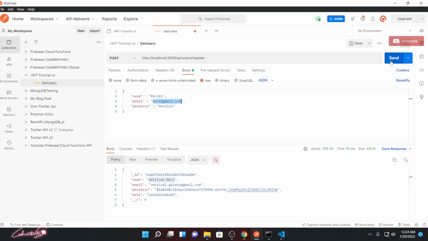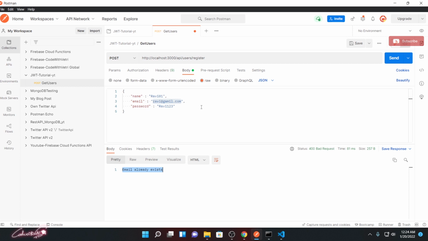Now if I click this, you can see it's sending the message that email already exists. So now we are not allowing the user to use the same email address to create multiple accounts on our website. This is working fine. We encrypted our password and validated our data, and everything is up and running. So far so good. Now we need to do the login.